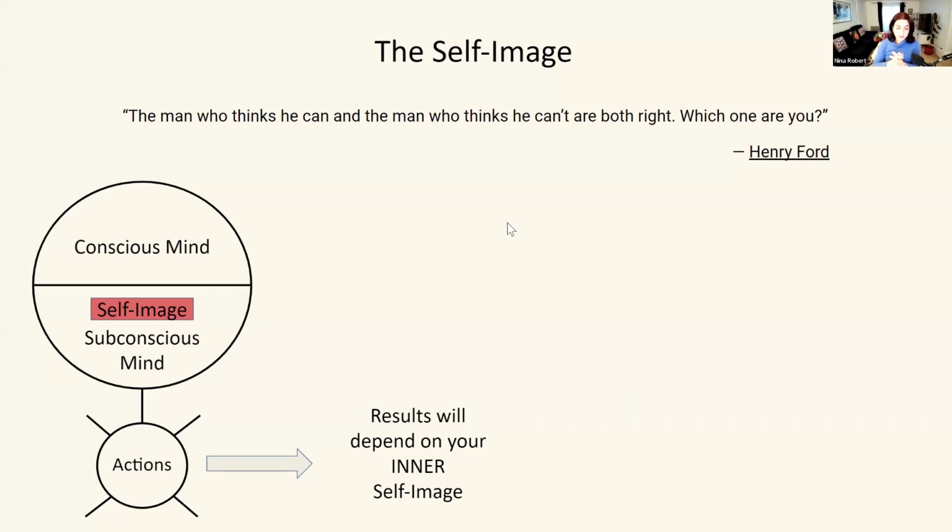The answer is very simple. Always look at your results. The results will depend on your inner self-image. They always have, and they always win. So if the results are not satisfying to you, if you're not now in a step of life that you are satisfied with, that you want, or that you're happy with, look at the self-image and try to see what changes you can make.